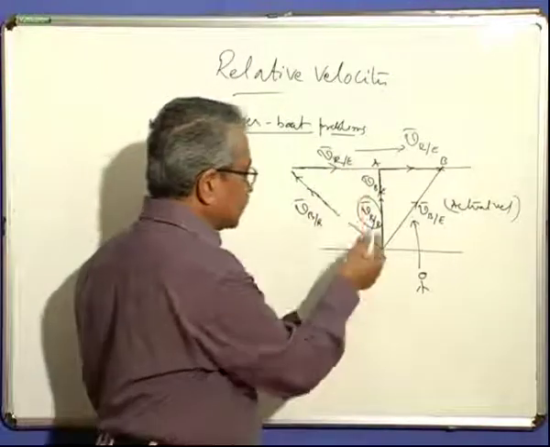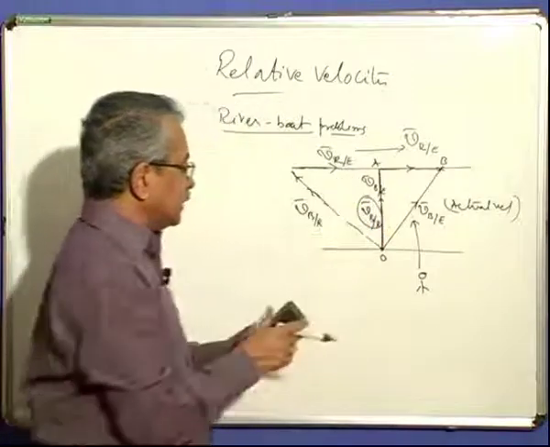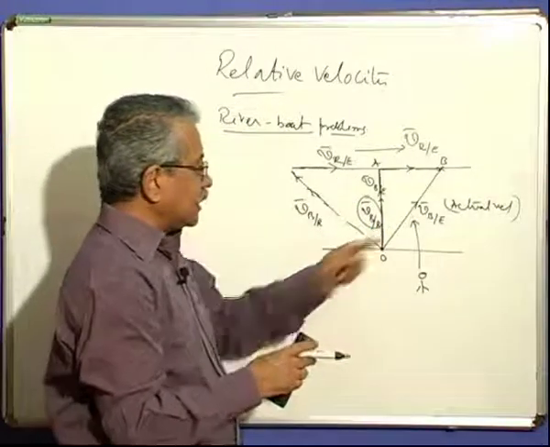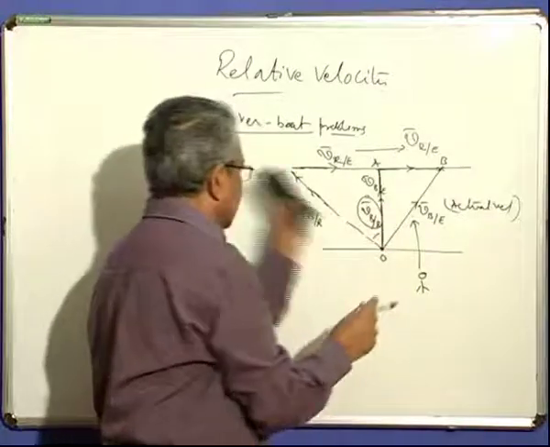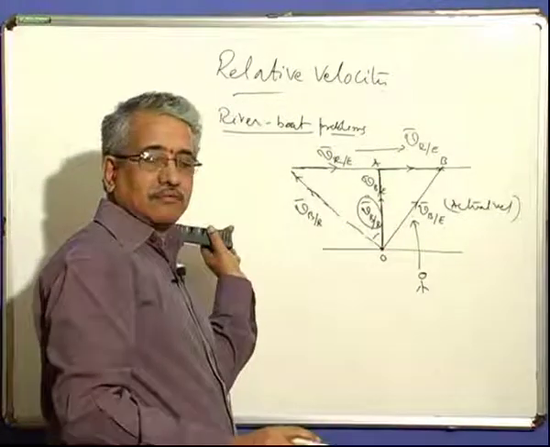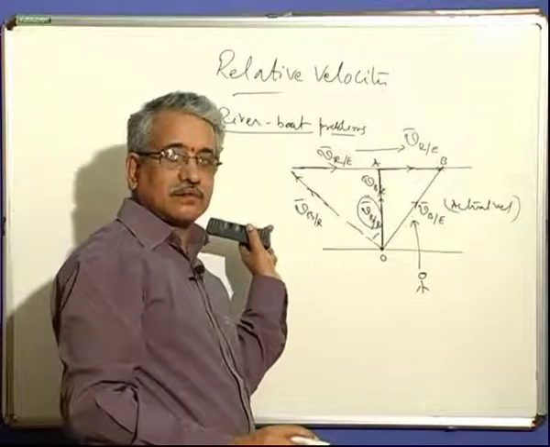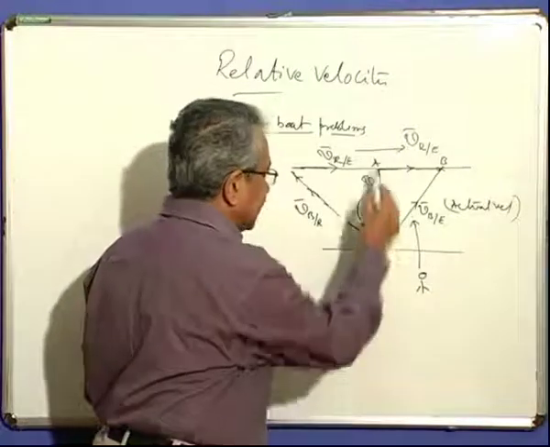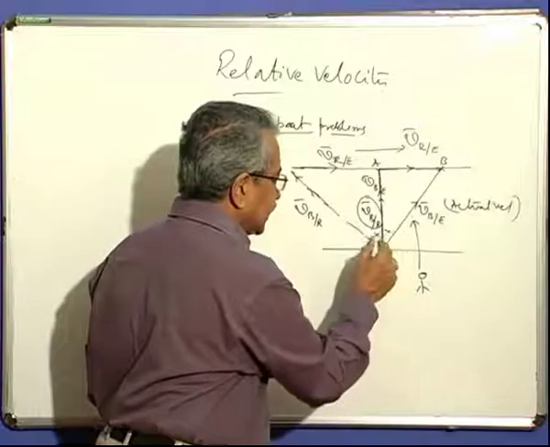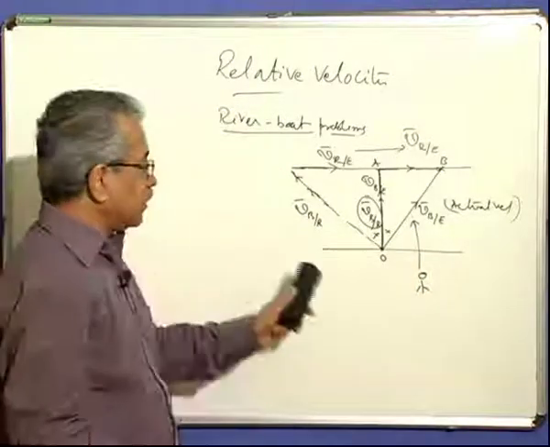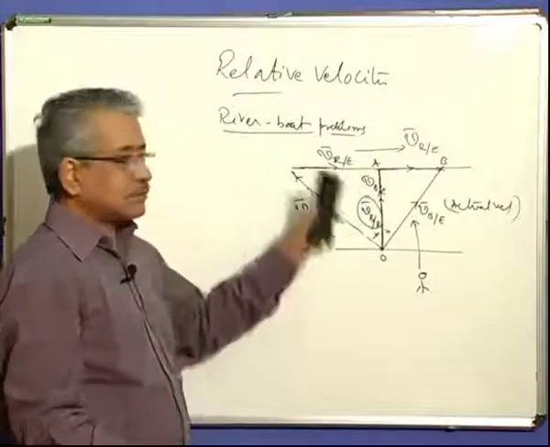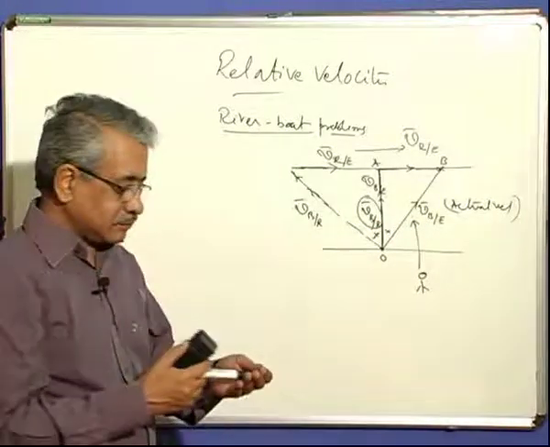So what we want to see is, it depends upon how you are heading. If you want to reach the opposite end, you have to head starting from the left side. Upstream must start here. If you start straight away, you will reach downstream there by this angle. There is a problem there. So you have to understand how to work such problems. We will take a numerical example and see here.